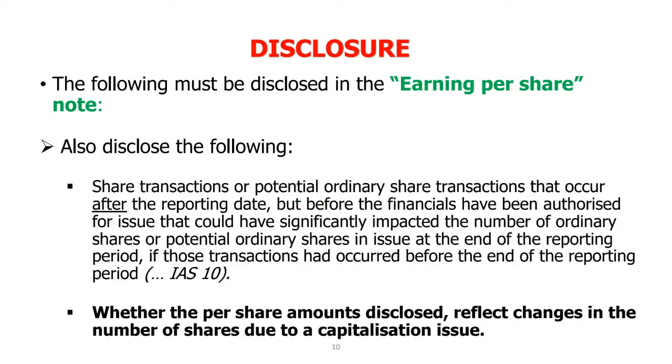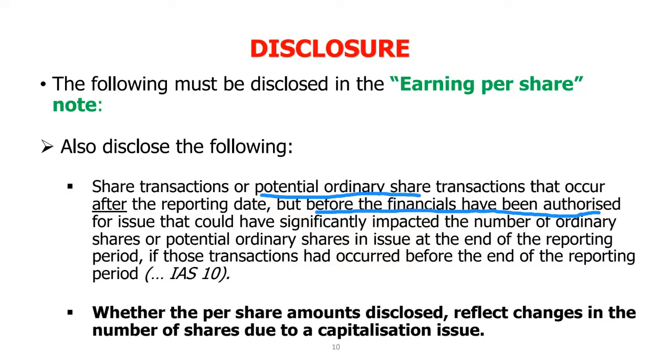Okay, so this is important. Sometimes there can be a potential ordinary share issue that happens before the financial statements have been authorized or sent to the shareholders, but after the reporting date. This brings IAS 10 into effect, which is the standard on events after the reporting period. Because it happened after the reporting date, we cannot necessarily make an adjustment and change our note for this specific issue. Instead, we have to disclose this somewhere on the financial statements so that it is clearly visible